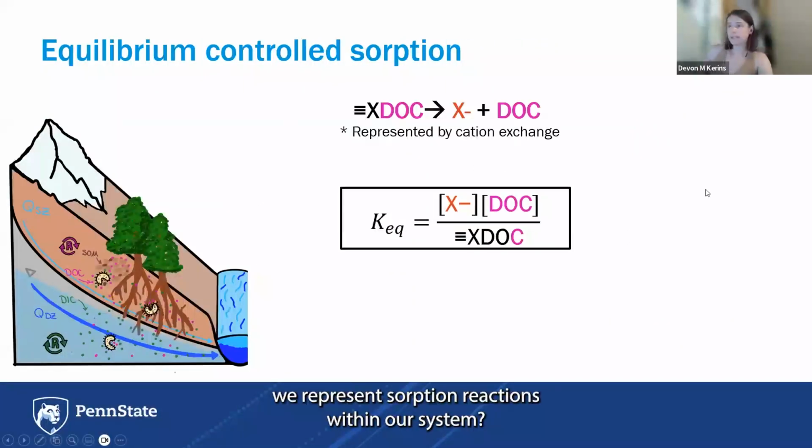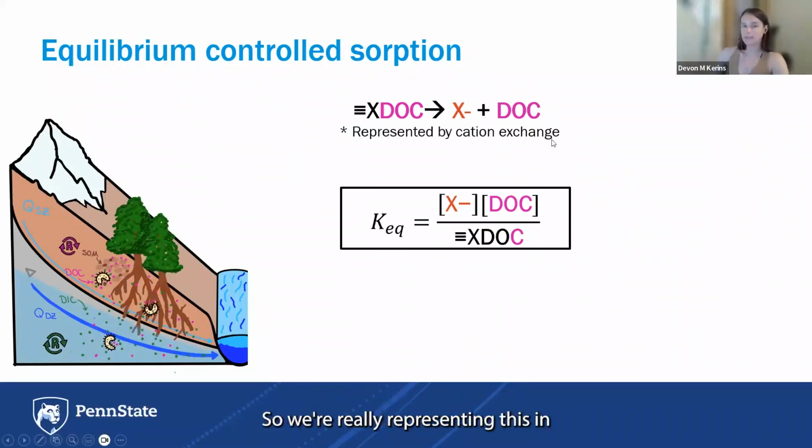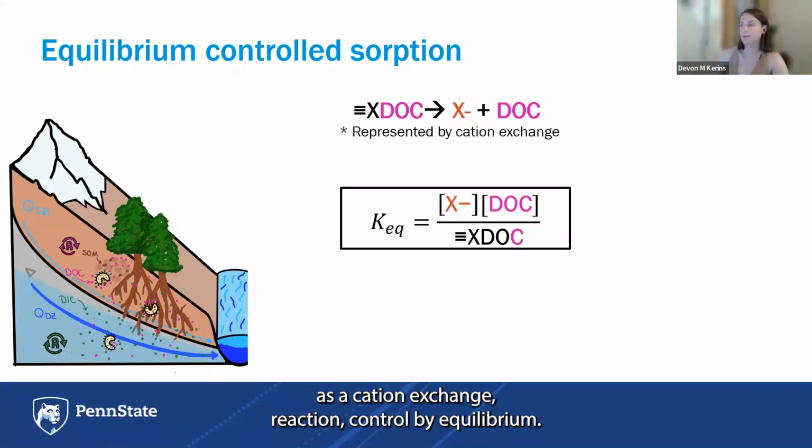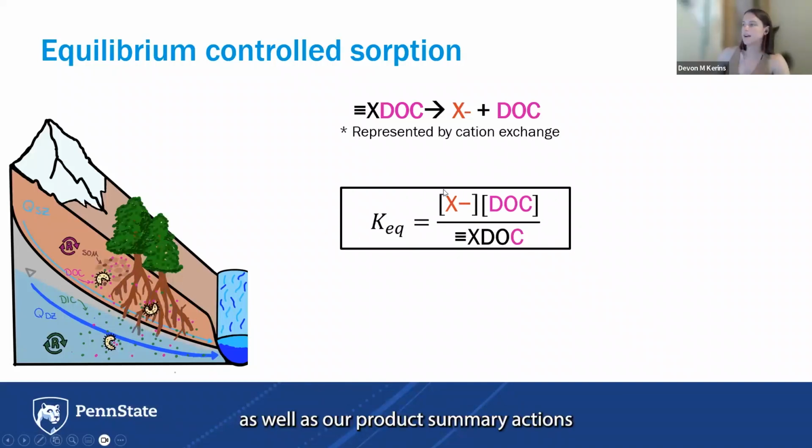So how do we represent sorption reactions within our system? In terms of this reaction, we are representing it by an equilibrium controlled sorption reaction. So we're really representing this in BioRT-HBV by conceptualizing it as a cation exchange reaction controlled by equilibrium. So we'll have a KEQ value, our equilibrium constant, as well as the products of our reactions controlled by over